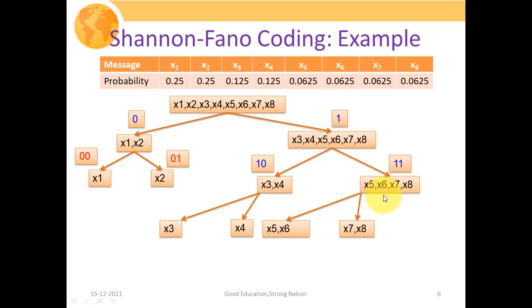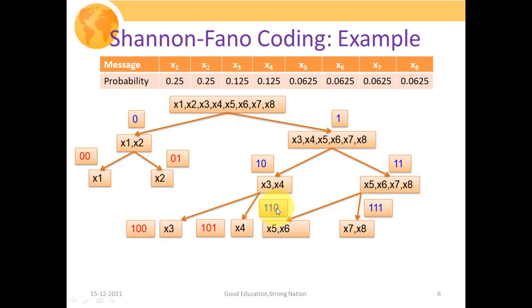So again we have to use the same coding pattern, that is for one subset we use 0 and for the other subset we use 1, and again we copy down the prefix. If we closely observe these two subsets, the root of this subset, the code associated with that subset, is equal to 11, so we have applied this 11 as a prefix, and 11 is also the prefix for this particular subset.